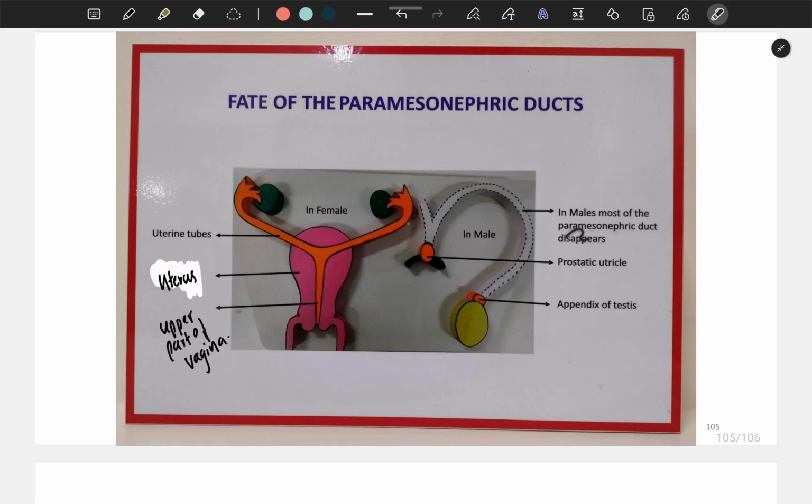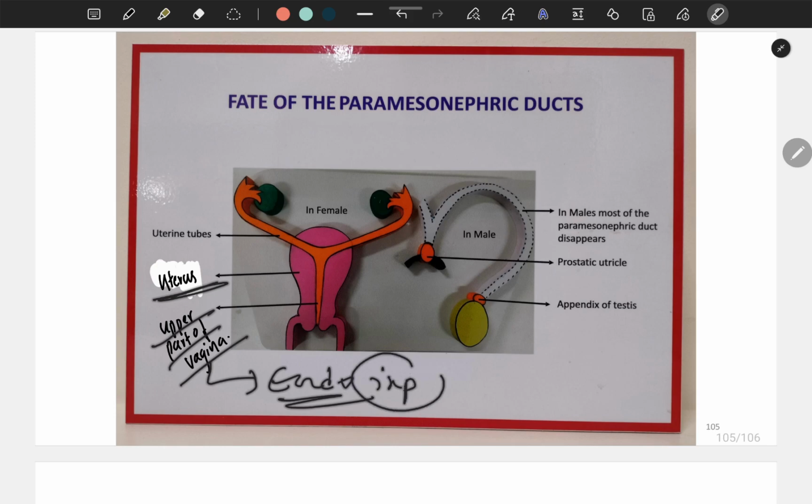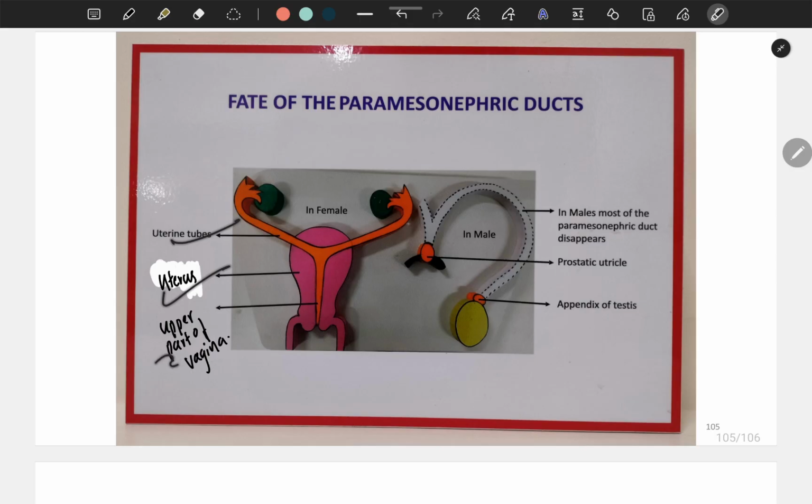And most of the paramesonephric duct disappears. In females, as we saw above, that is the uterine tube, that is the fallopian tube, uterus, and upper part of the vagina. This is endodermal, important. The fallopian tube, uterus, and upper part of the vagina in females. Okay,